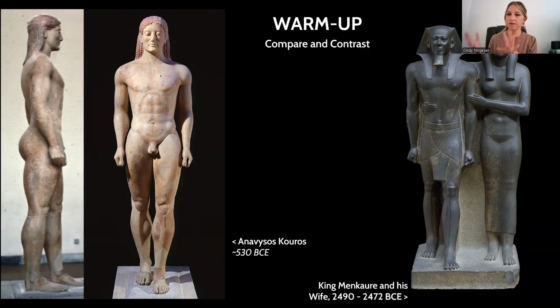So the statue that we're looking at on the right is King Menkaure and his wife or goddess. If you remember, we talked about this during our unit on ancient Egyptian art, and we weren't quite sure, scholars are not quite sure who the female figure is. It could be a wife, could be a deity. But let's talk about some of the material qualities and formal qualities of this that we can compare to our